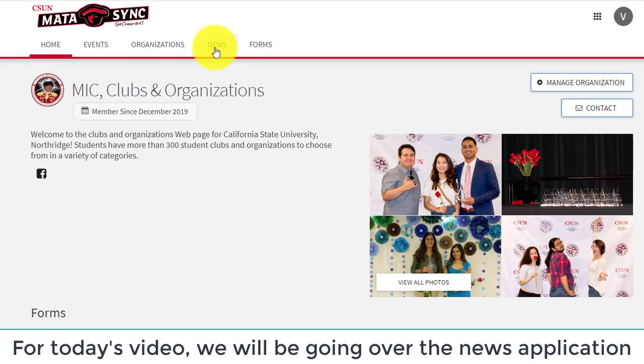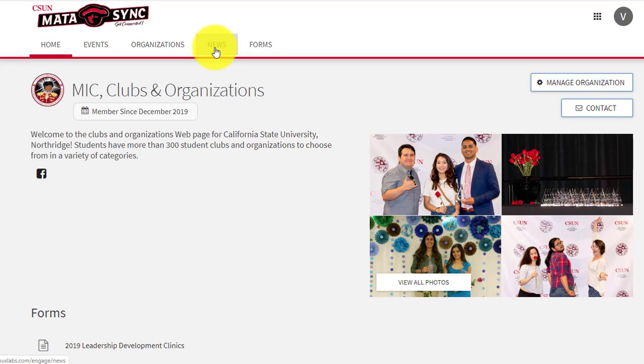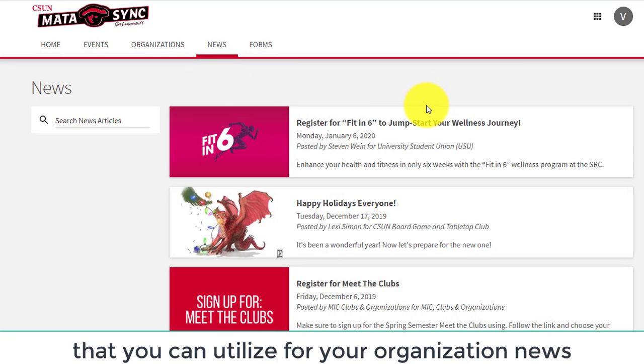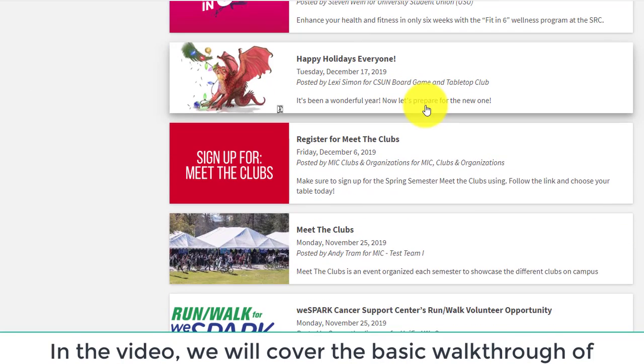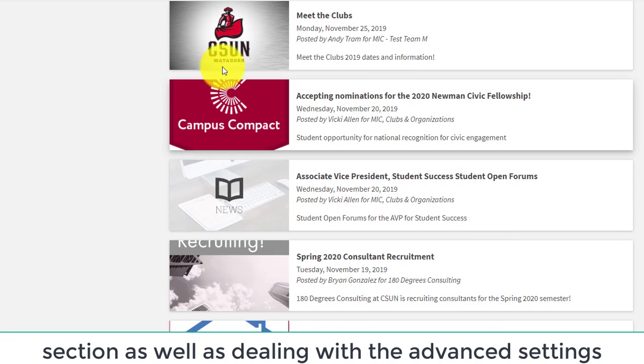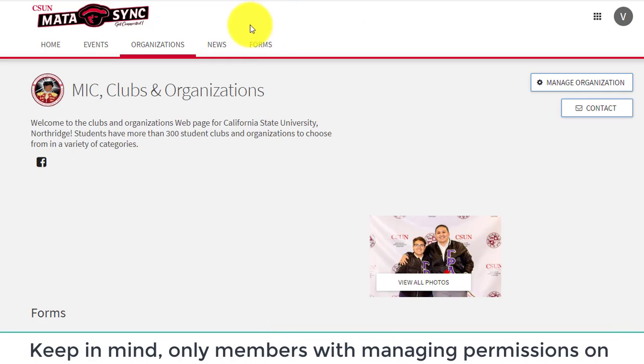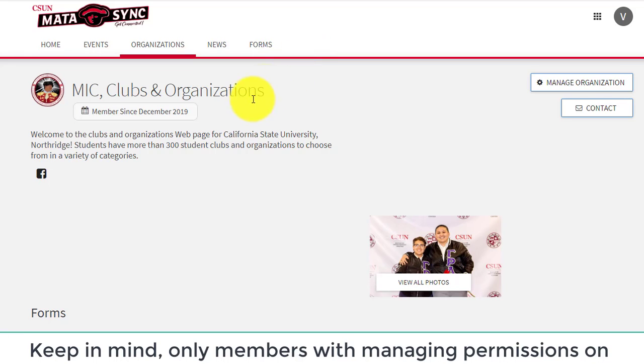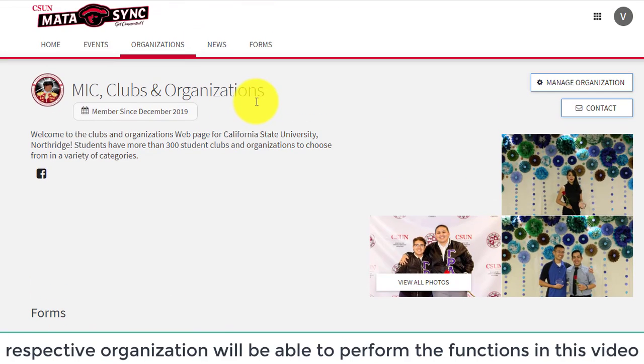For today's video, we will be going over the news application that you can utilize for your organization news. In the video, we will cover the basic walkthrough of the news section as well as dealing with the advanced settings. Keep in mind, only members with managing permissions on the respective organization will be able to perform the functions